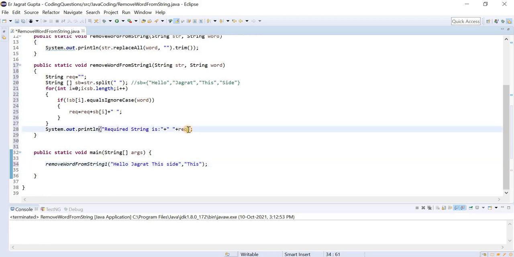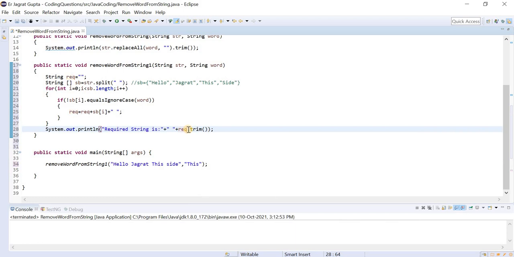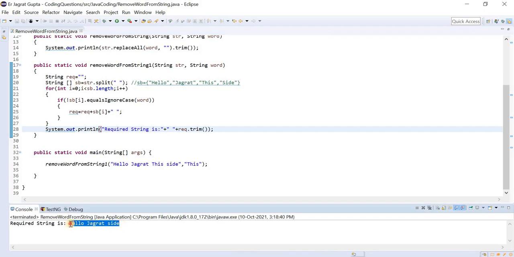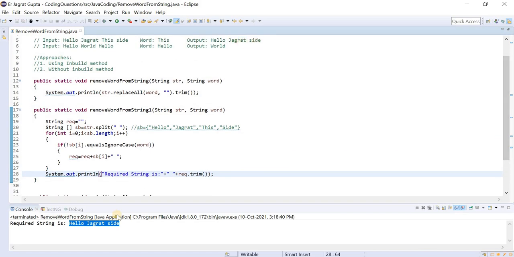For safety purposes, let me involve trim also, and it's fine. Let's run this program and see whether it is working fine or not. You can see that this is fine. We achieved our output: Hello Jagrat site.